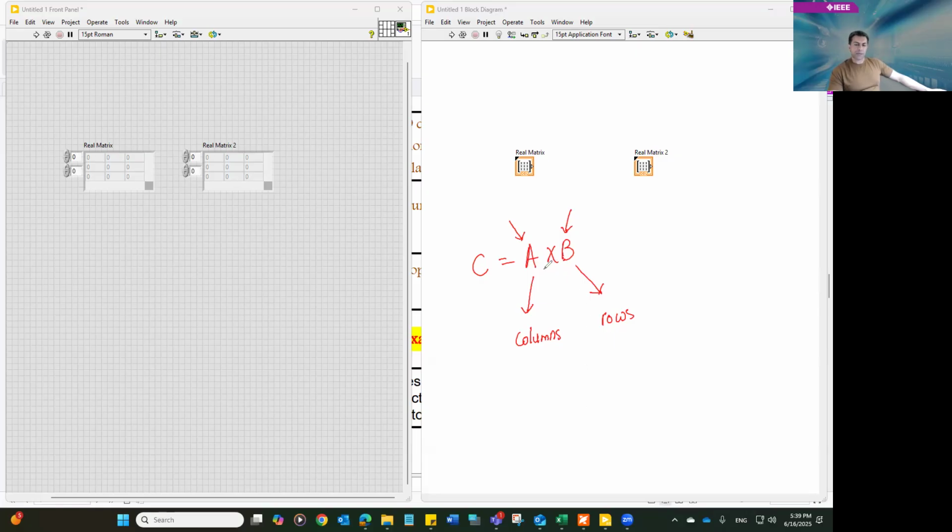Remember, this is not the normal element-wise multiplication, where the first element of the first matrix is multiplied by the first element of the next matrix. No, that's not it. That's called array-wise multiplication. This is matrix multiplication. So if you're performing matrix multiplication, the columns of the first matrix must be equal to the rows of the second matrix. So for example, if your A matrix is given by